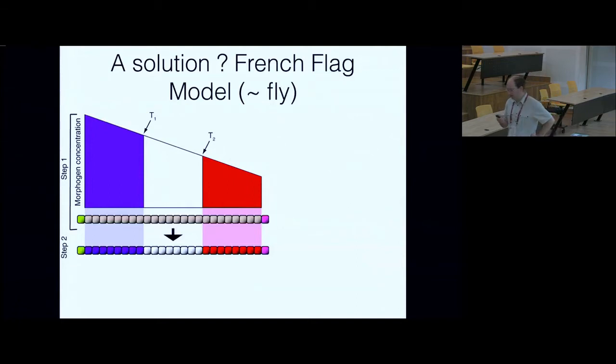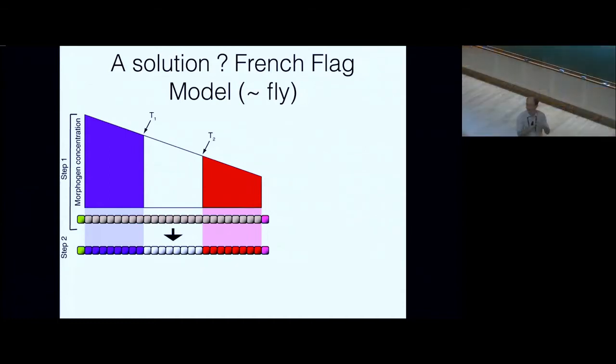So in fly, John Reinitz introduced you to the French flag model. If you remember the French flag model, the way it works is that you have a morphogen, say bicoid, and you define different thresholds of bicoid concentration, like some concentration, twice this concentration, and based on these thresholds, you're going to activate different genes, and these different genes are going to define different regions. And so you imagine that if you have several intermingled French flag models, you could easily do segments, many segments.